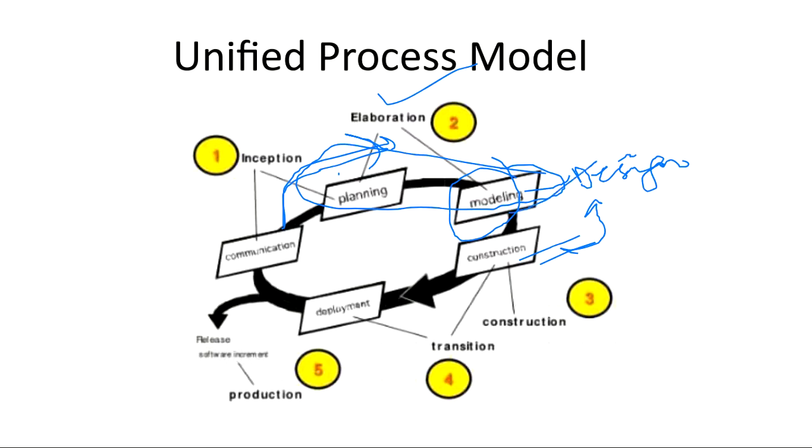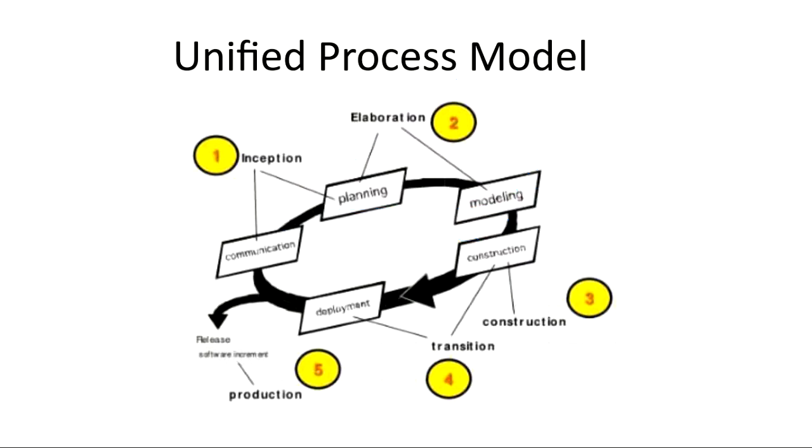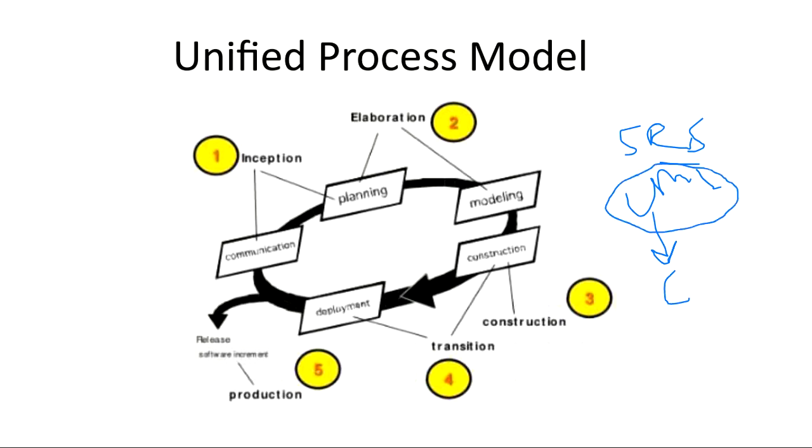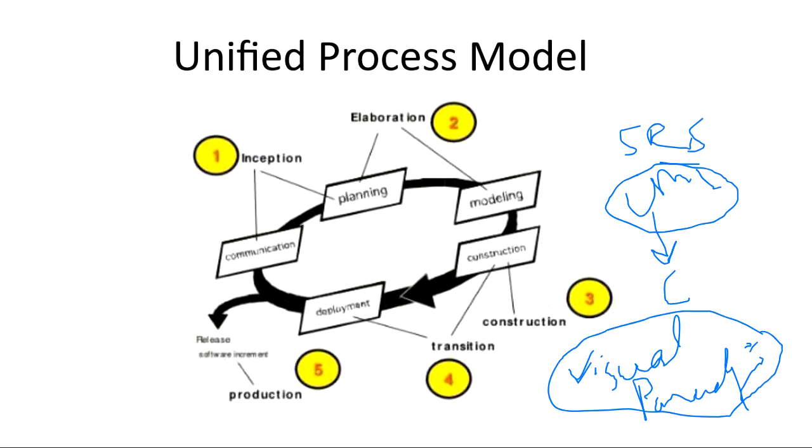So whatever the UML diagram, in real life it's actually not like that. You first create the SRS document, then you make a UML diagram, and after that you start coding. UML is not just a modeling diagram. In the software industry, I told you not to download Star UML. What people are doing in the industry is working on Visual Paradigm software. This is also free software. The benefit of this software is that if you are drawing any object-oriented diagram or any UML diagram on it, it can be directly converted into Java code.